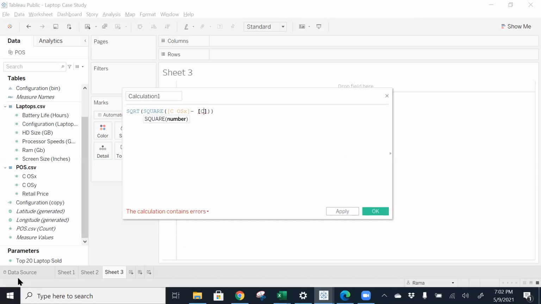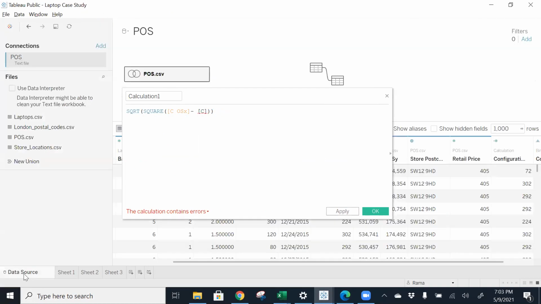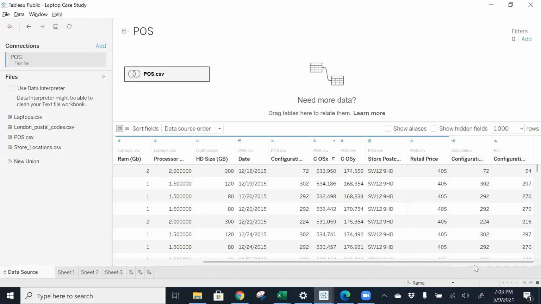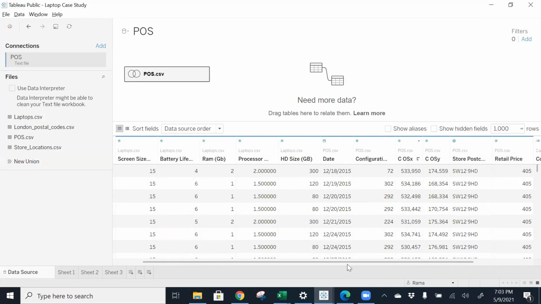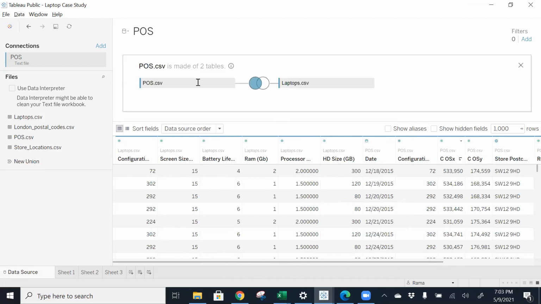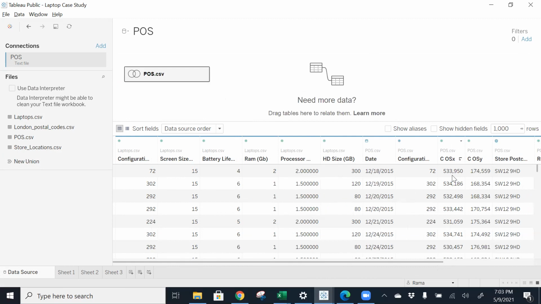Is there some data missing in this? You should have x and y, right? So one is this. And I think the postal codes, you will have some store location data also. Yeah, store location is.